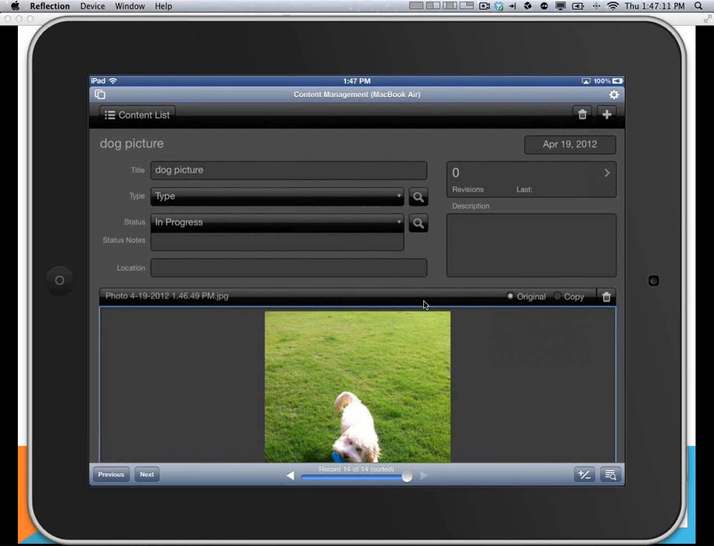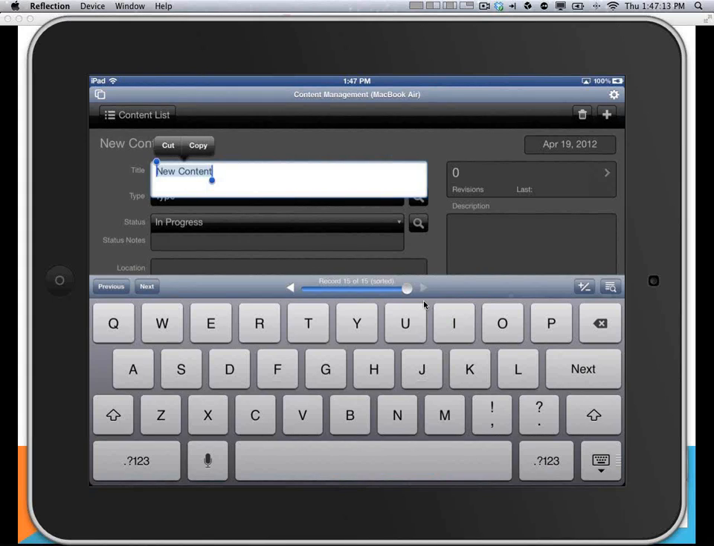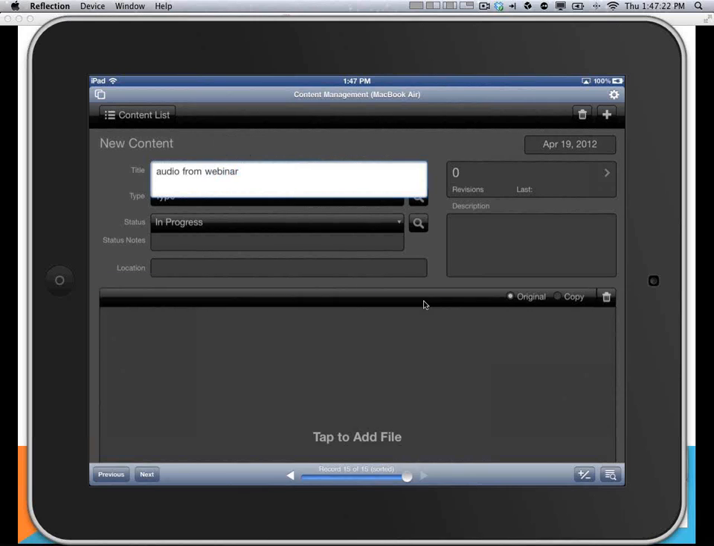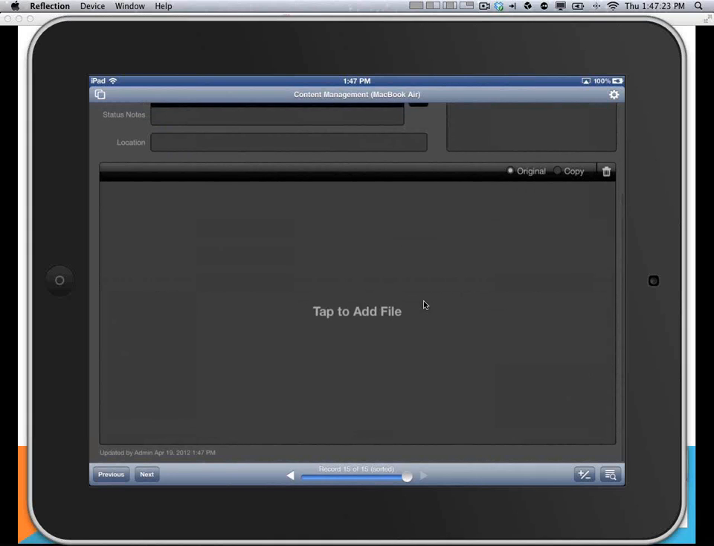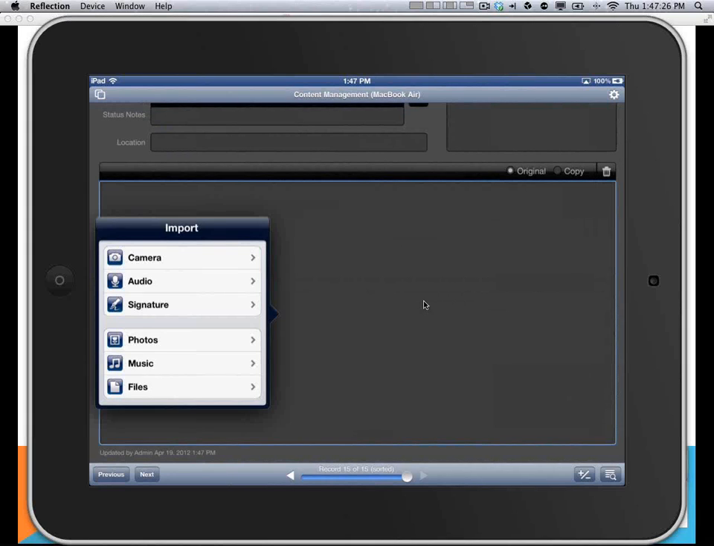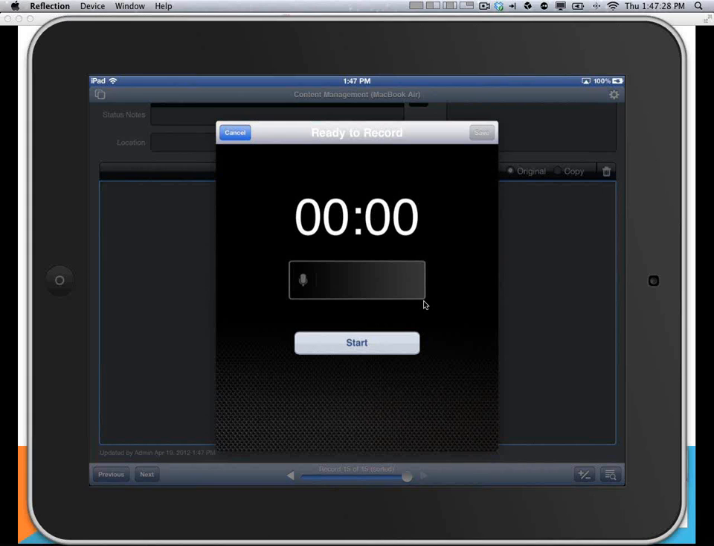Let's look at recording some audio. So let's do audio from webinar. Thank you, autocorrect. And again, we'll tap on the container. This time go to audio. It's going to bring up the ability to record. So,